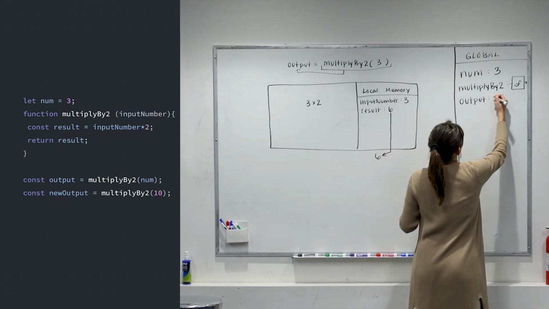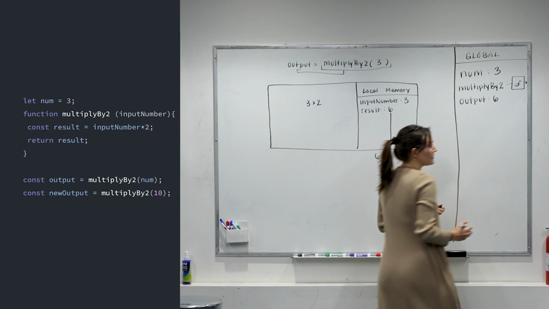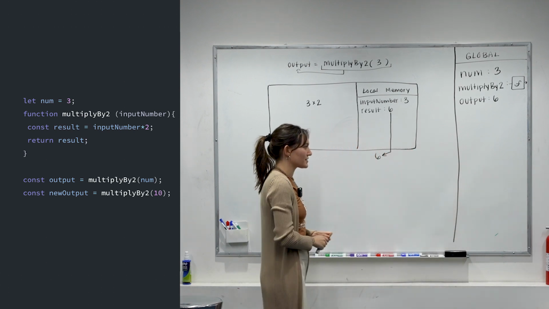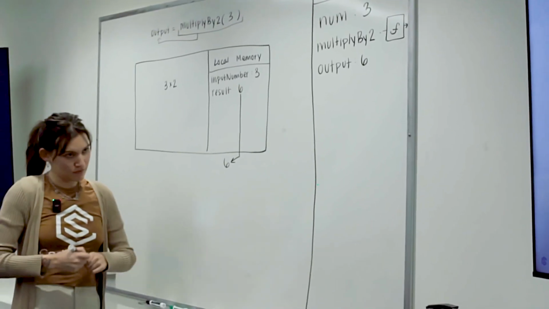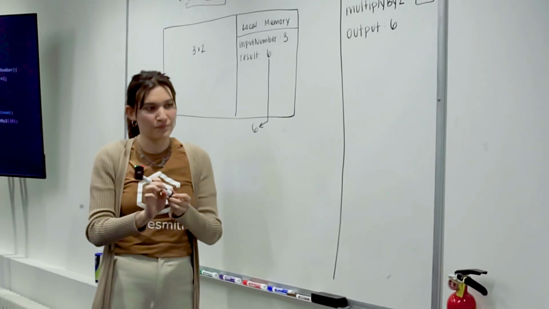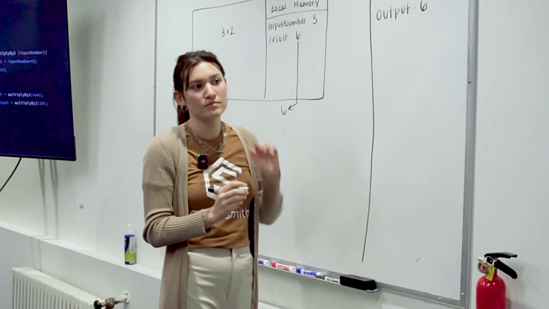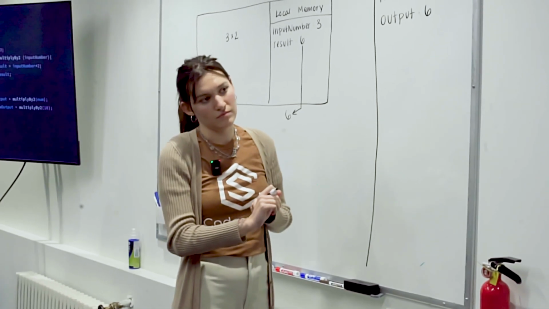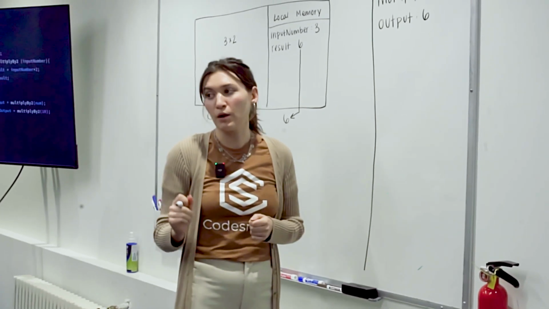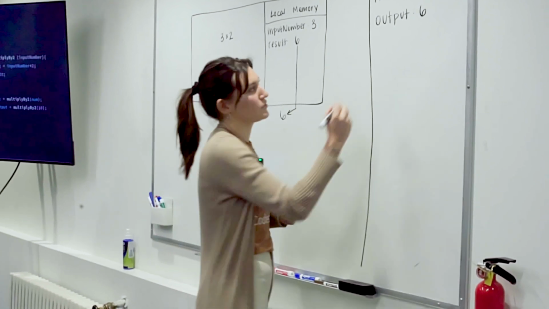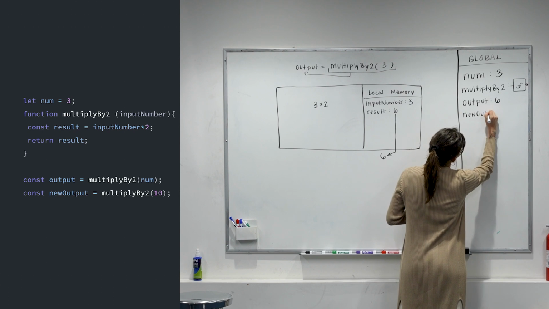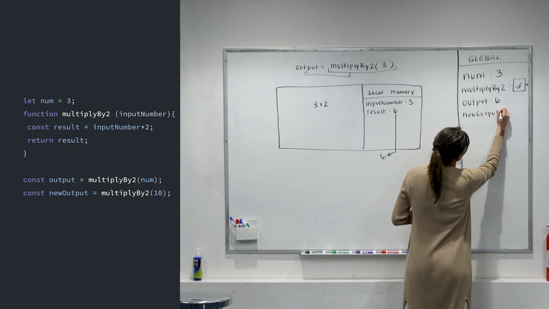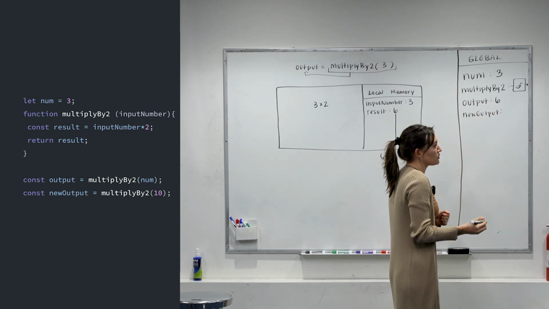All right, super duper. Now what do we do? What is the next thing that we're going to run? It's going to declare the constant new output, which is equal to multiply by 2 with the argument of 10. Cool. And where are we storing this variable new output? You're storing that in your global memory. Super duper. All right. So we're saying new output will have the value of invoking multiply by 2, passing in